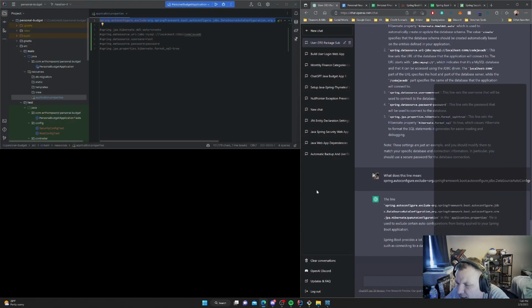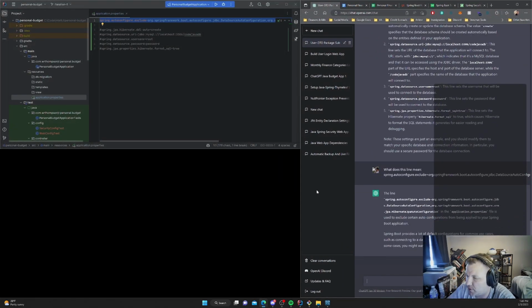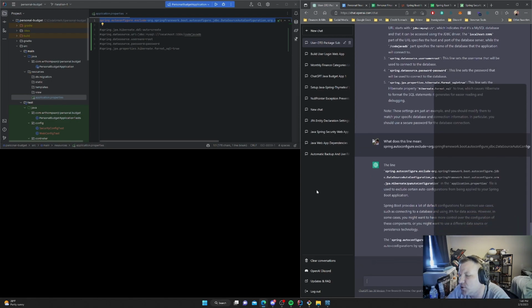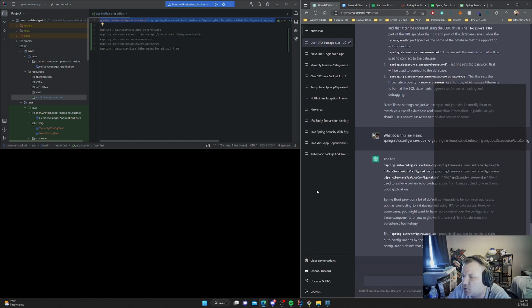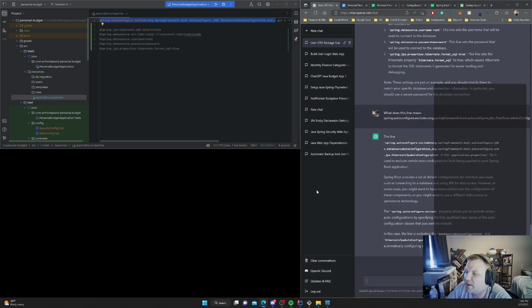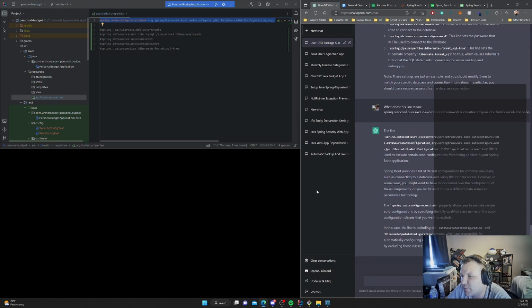Okay, so this line, spring.autoconfigure.exclude, in the application.properties file, is used to exclude certain auto configurations from being applied to your Spring Boot application. Spring Boot